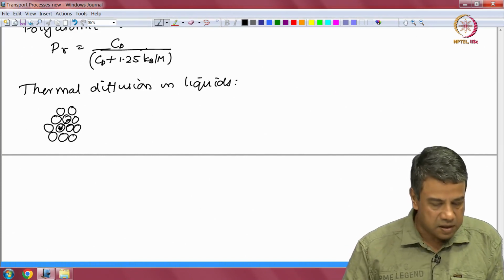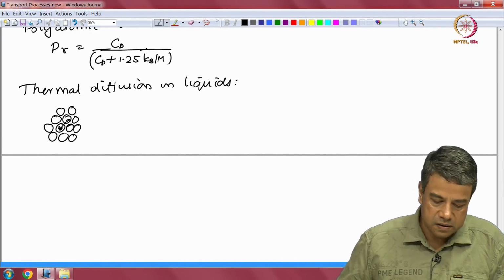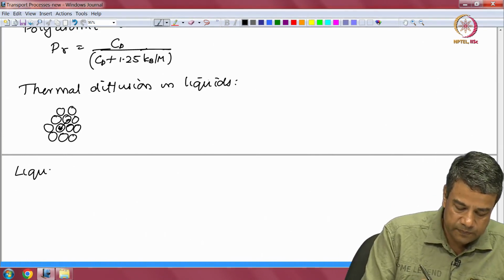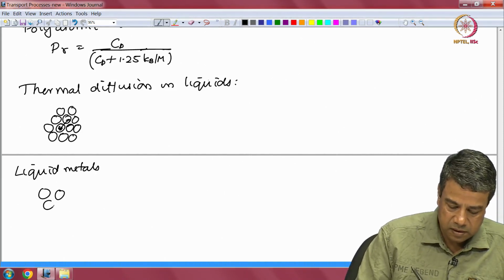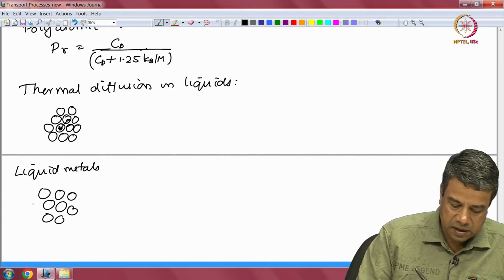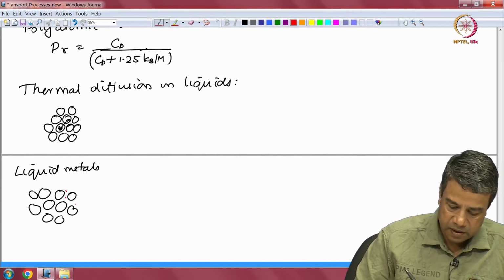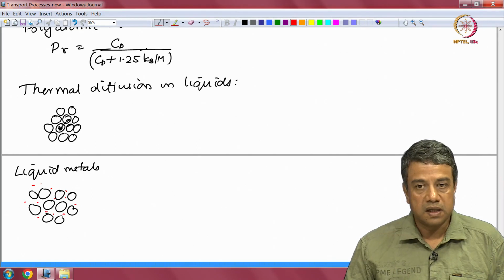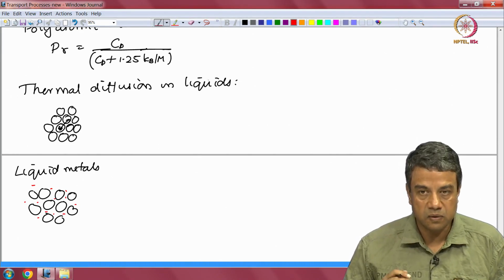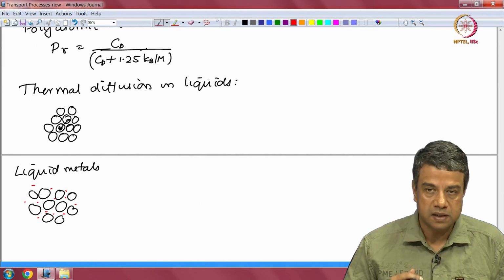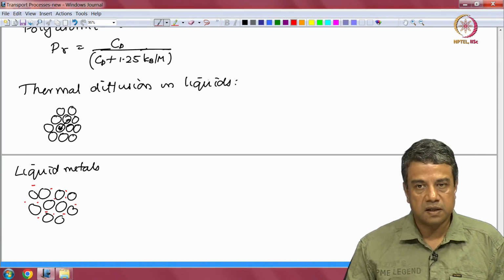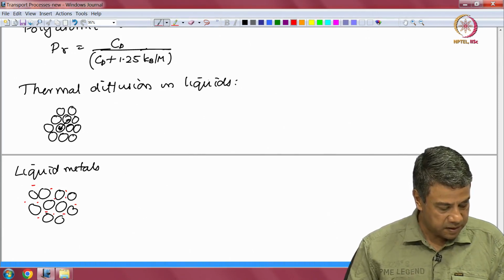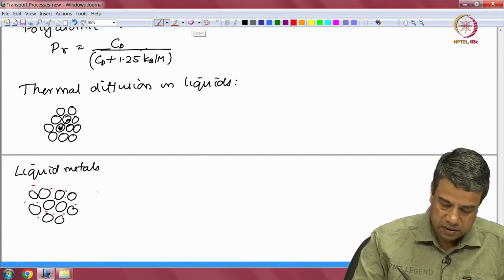So, the transport could be due to various factors. For example, in liquid metals, you have molecules with a delocalized electron cloud around the molecules, and because of this, energy could be transported through the electron cloud itself. You do not require molecules to physically move. Energy could be transported due to the electron cloud itself, and because of that, thermal diffusion is a very fast process. So, for example, for liquid metals,